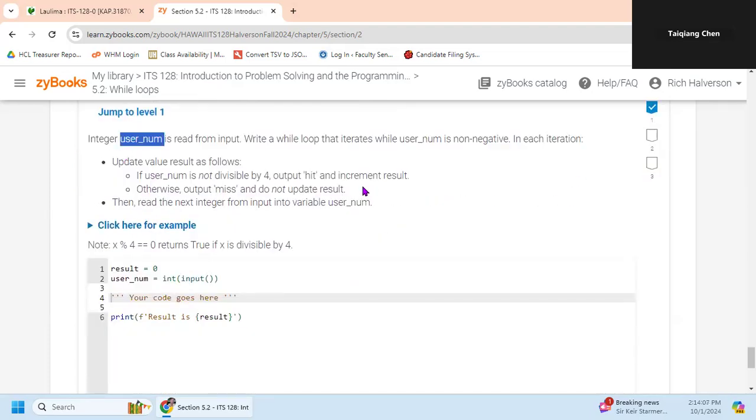This is read from input. It's a number. Write a while loop that iterates over while this is not negative. Okay, so while it's not negative, while user num is greater than or equal to 0. While it's not negative. That's not negative. That's greater than or equal to 0. While that's the case,